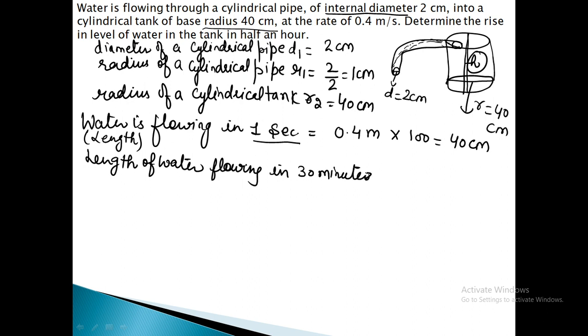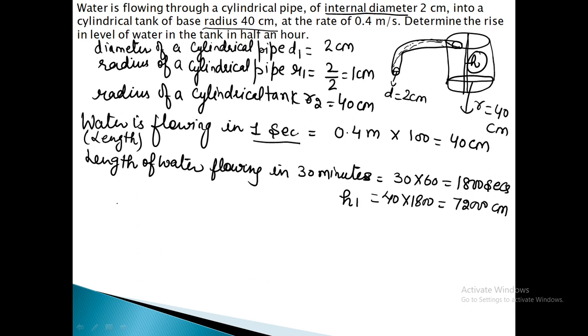And in 30 minutes, how many seconds? 30 multiplied by 60, that is 1800 seconds. And these seconds are multiplied by 40 centimeter. 40 multiplied by 1800, we will get 72,000 centimeter of flowing water's length in 30 minutes,